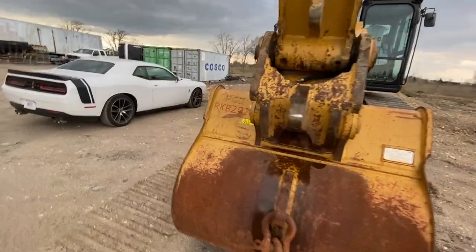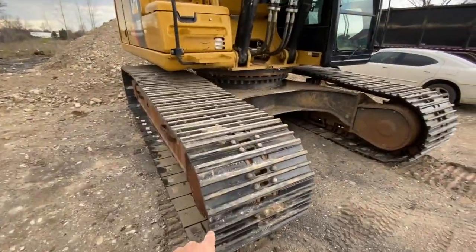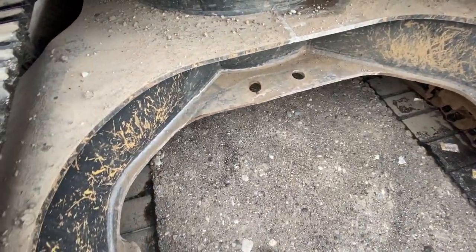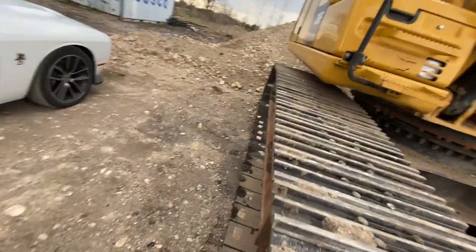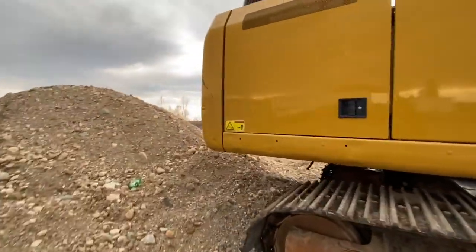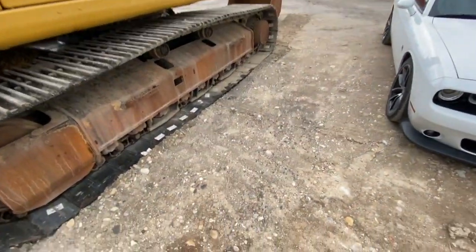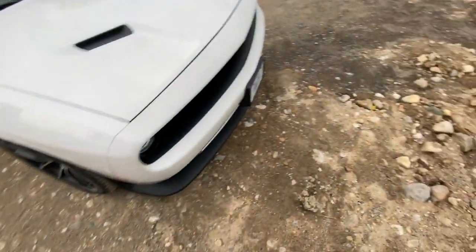Oh, actually, I think I know this excavator. Wait a second. That's the one where they were changing the tracks, or maybe he just changed them again. For some reason, he's always changing tracks. 246. I'm trying to remember if this is the one I moved. 336F. No, this one has more damage. It's probably older. But yeah, you see the tracks are new. See, they have all these stickers. Anyway,